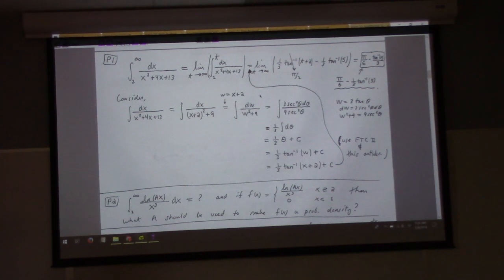Anyway, so the first one is just straight up an inverse tangent integral. I can find it by trig substitution. If you were in Dr. Sperano's Calc 1, you may have been taught this as kind of like a basic form, right? But anyway, however you know it, the antiderivative of that is 1/3 inverse tangent of, that's supposed to be divided by 3.